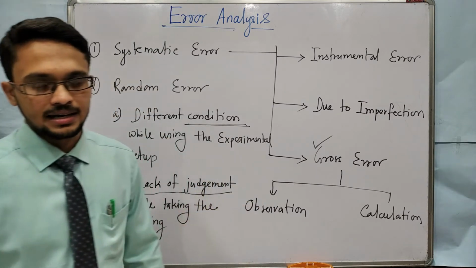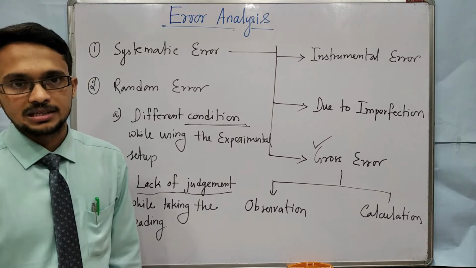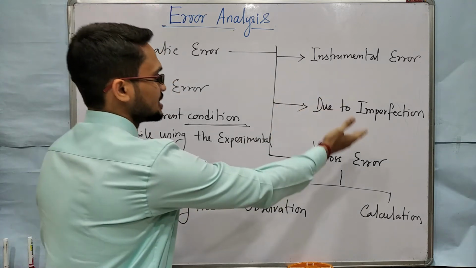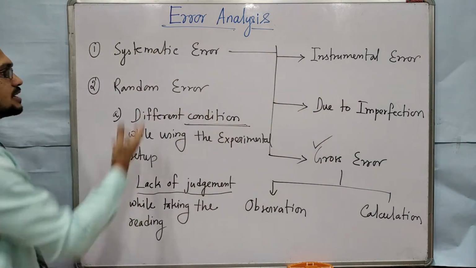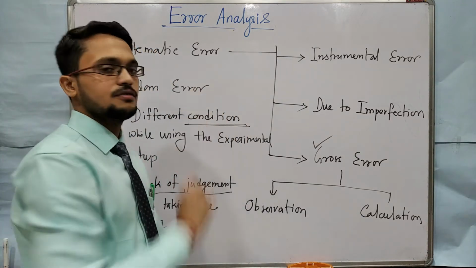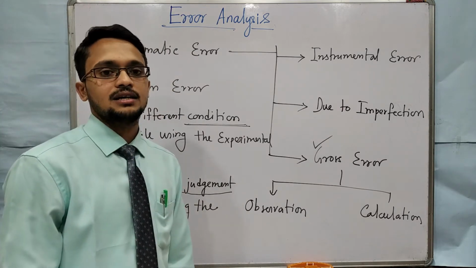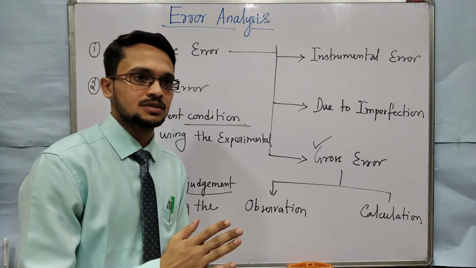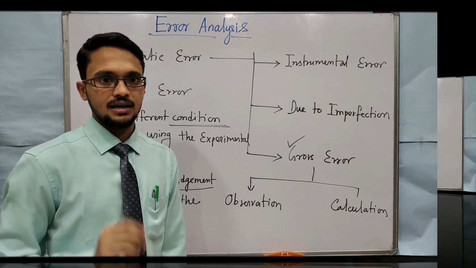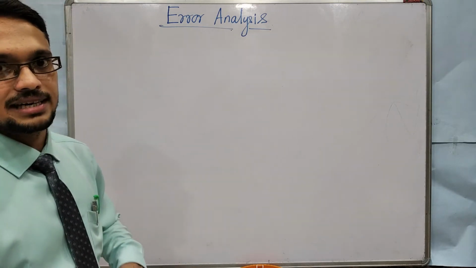How many kinds of error are there? What are the different reasons of getting error while we are doing some experiment in the laboratory? And what does each mean: instrumental error, random error, systematic error. So these are all for the introduction of error. Now we will enter into the calculation of error after doing some experiment, and we will see how to minimize that error. So now we will see how to minimize the random errors.